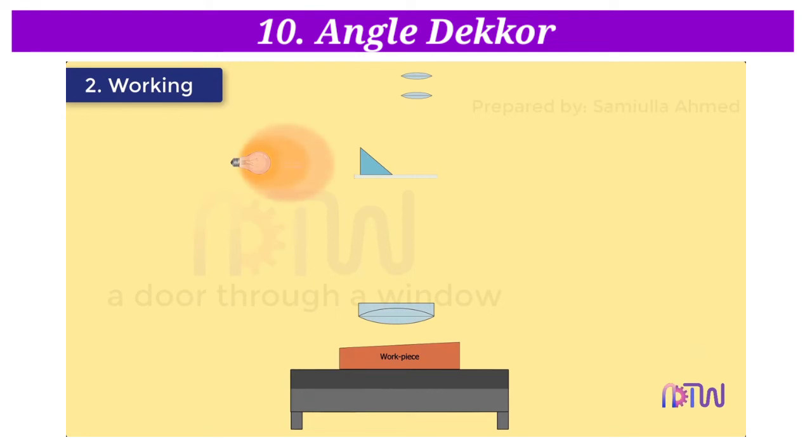The light beam is directed from the light source. This light passes through the prism. After passing through the prism, it passes through the glass screen graticule. On the glass screen graticule, there is a scale. The light beam carries this image of the illuminated scale and passes through the collimating lens and falls onto the reflecting surface of the workpiece. After getting reflected from the workpiece, it is refocused by the lens in the field of view of the eyepiece.